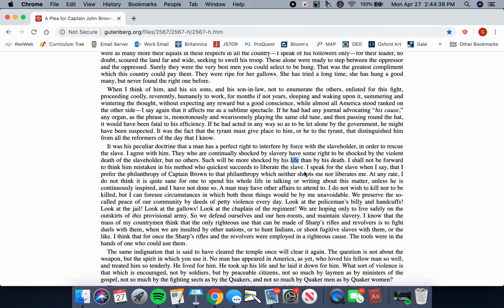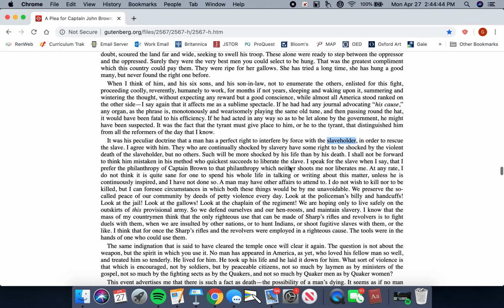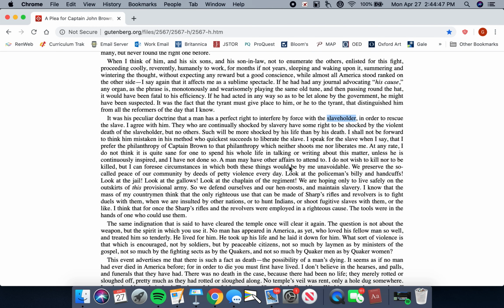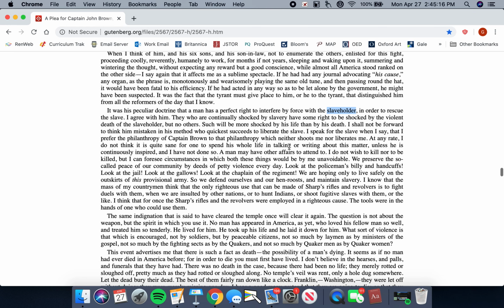A clear kind of hypocrisy, even as he, the slaveholder, affirms the value of his own life and denies it to others. I shall not be forward to think him mistaken in his methods who quickest succeeds to liberate the slave. In other words, I'm not going to pass judgment on anyone who attempts to liberate slaves by any means, so long as the slaveholder continues to hold those slaves in direct interference with or rejection of that slave's natural rights. I speak for the slave when I say that I prefer the philanthropy of John Brown,